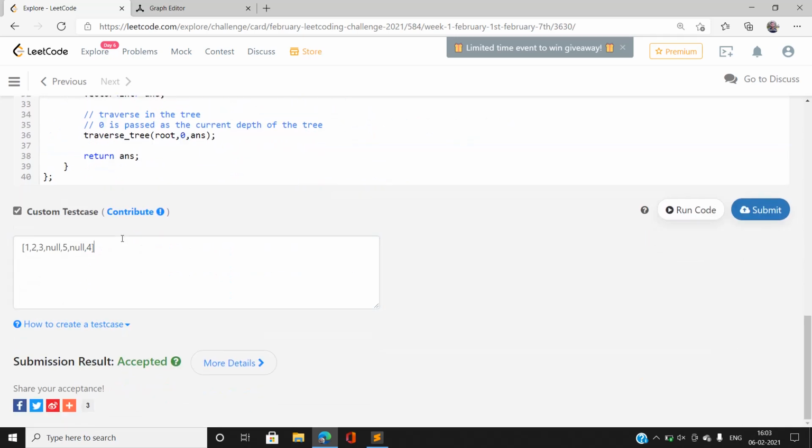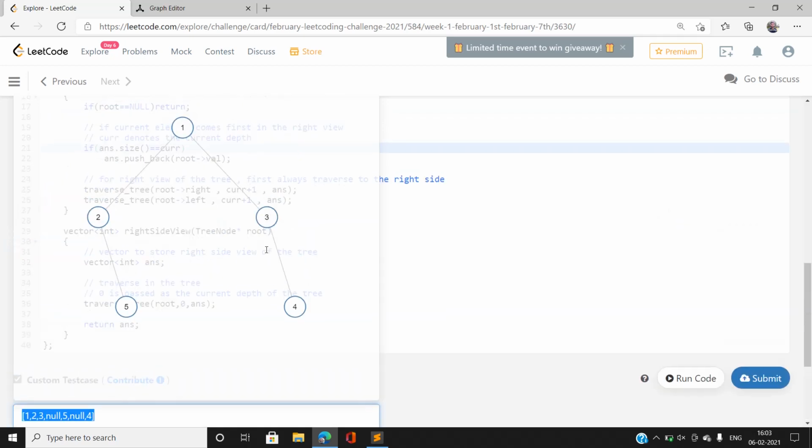Why is this happening? Suppose here you can find our answer vector has size 0, and the depth of this node is 0, and our answer vector size is also 0, and this node is also coming in the right side view of the binary tree.